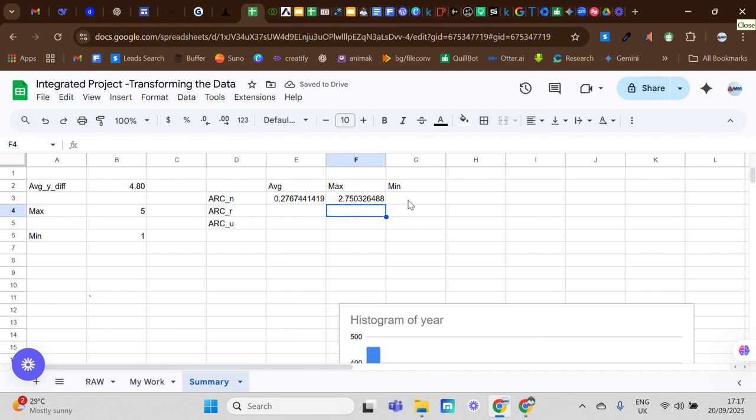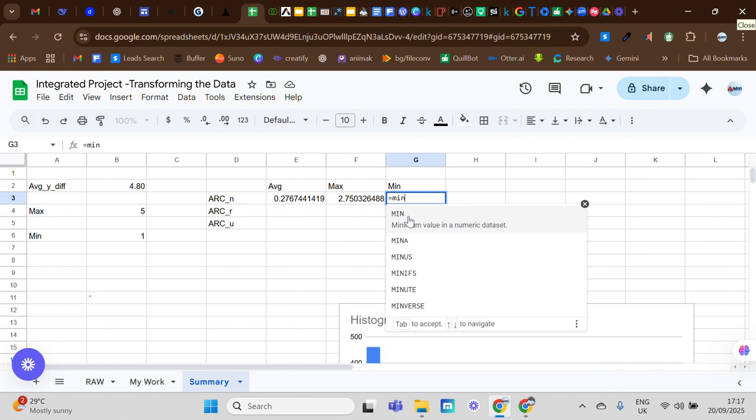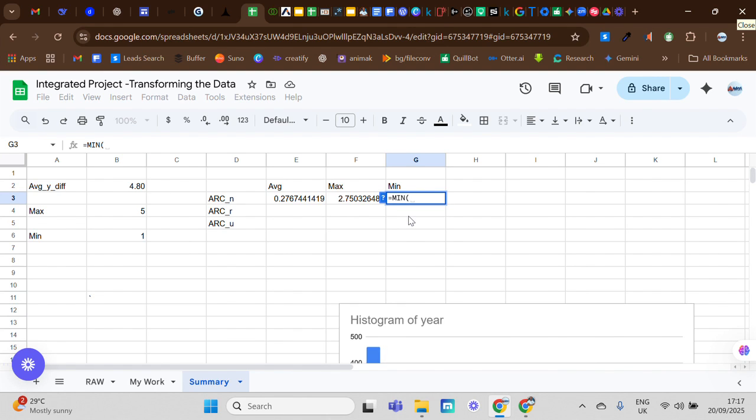Then I click enter. That's my maximum. Then I come to the minimum, reference minimum, here it is, and then paste Control V. What I copied is the range of values that we are finding the minimum for. So I don't want to be going back and forth. That's why I copied it the first time, to make it easier. So enter should give us the value. Then we come to the rural